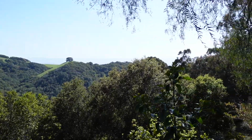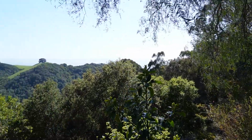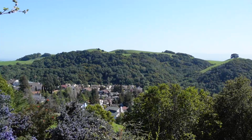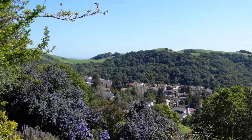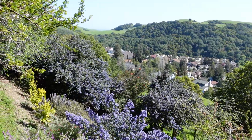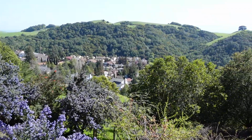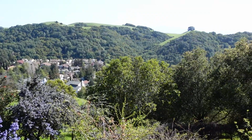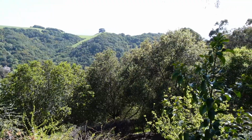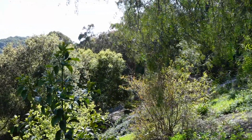It's just serene and quiet. And you have a view of other homes because you're on a height, and more greenery everywhere. And you're in what's called the green belt. And it's a pretty popular term used here in Hayward, that it's just surrounded by natural greenery all around you and tons of trails and hikes in the area. So if you're looking for a home that's close to that, this is going to be your ideal spot